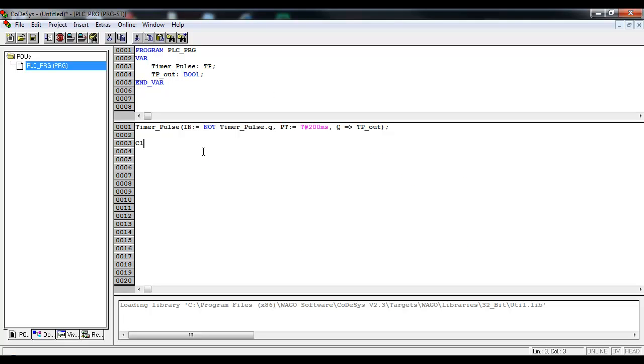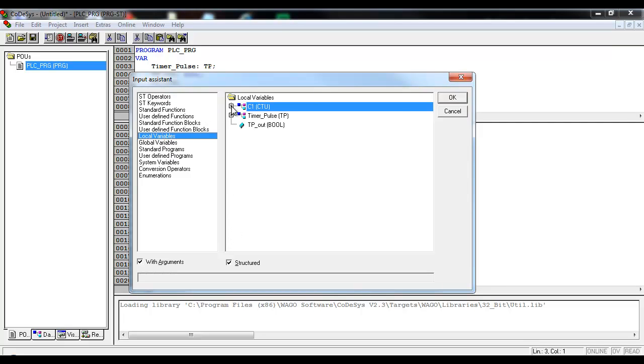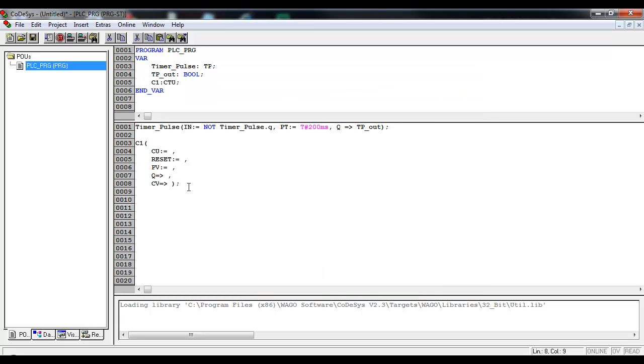And now I can come in and actually, I'm going to declare it first up here. And we're going to declare C1 as a counter up. And then when I come down here, use F2 in the actual editor, and I can look for local variables. I'll find my C1, and now you can see the actual structure of the function block. So with this one, it's going to toggle, and again I could just use my F2 again, look for that TP out, and then we'll have a count